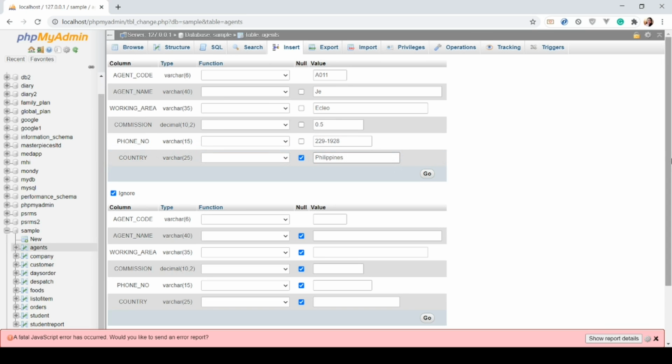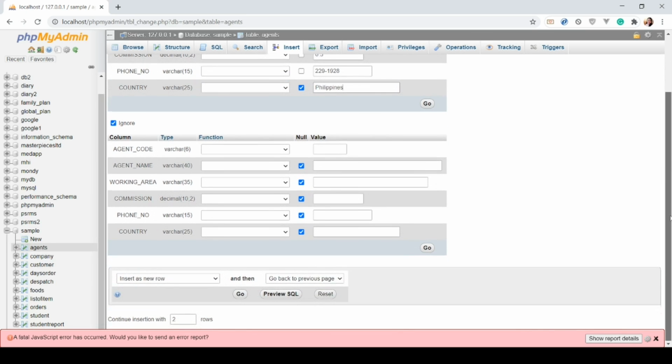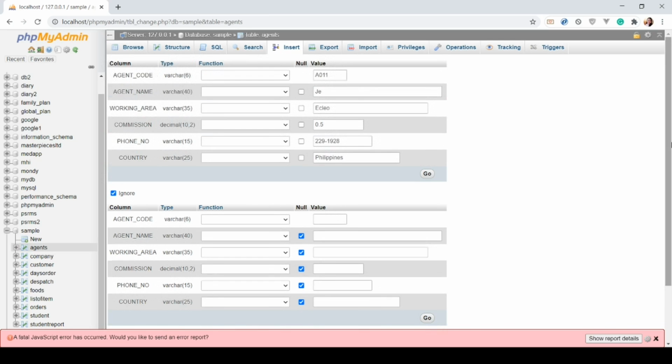So you may actually add another data. You just need to select this one, insert a new row, and then select how many rows, and then click the go button.